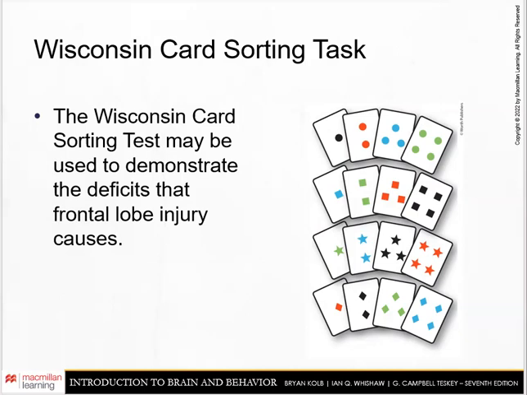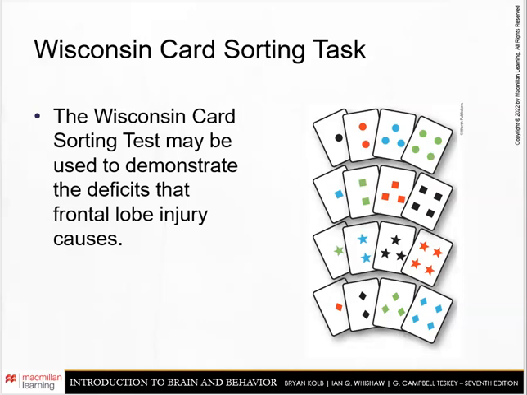The caveat is, though, after the subject or patient started to figure out what the rule is to get the correct answer, all of a sudden the tester is going to unexpectedly change the rules of the game, basically, so that what was previously the correct answer no longer is, and it's a different rule that's being applied without that being explicitly told to the patient. So once we change the rule, the game's changed. Is the person, as they recognize this, able to change their responses accordingly?